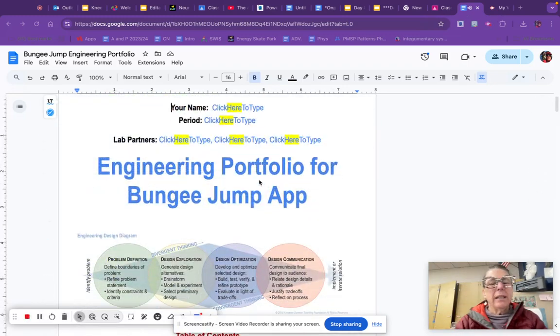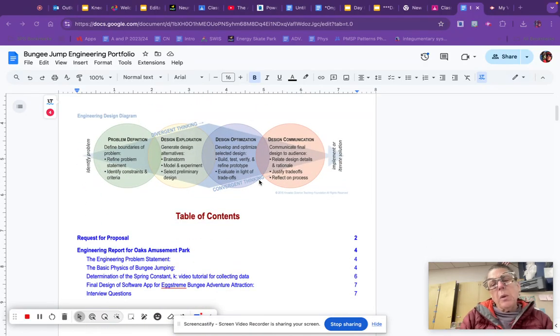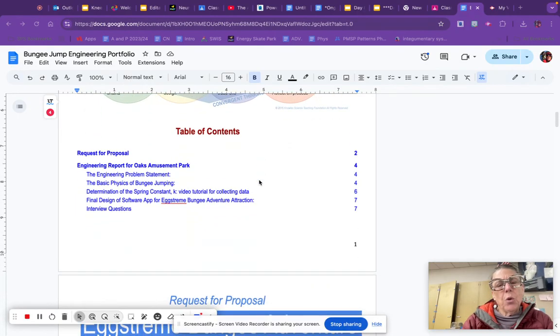Good morning. So we're going to start with our bungee jump app, and we're going to do a test run today, but we need to get the spring constant of our bungee cord. So what I want you to do today, I want you to go through